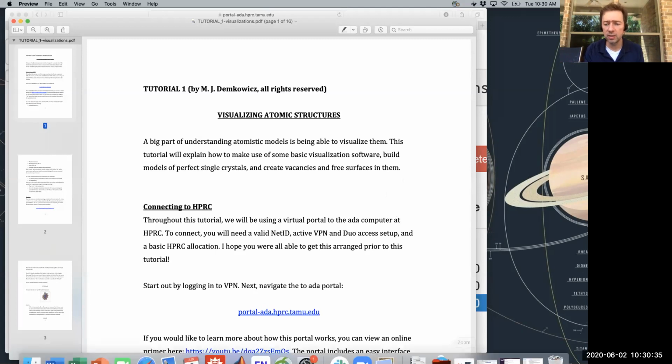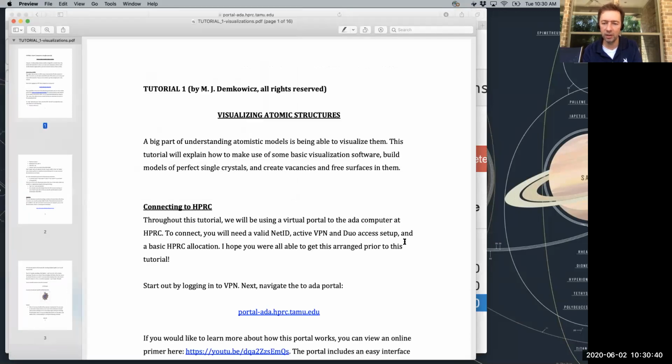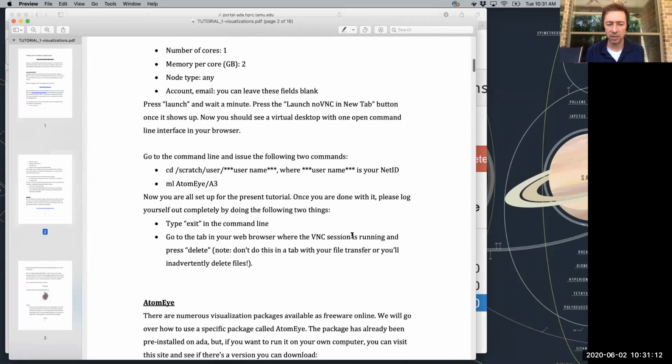This file, as I mentioned, is just a file that outlines all the stuff that I'm talking about in this tutorial, beginning with all the stuff that I told you about signing on to VNC. So whenever you want to run your own simulations, you can use the same portal to run your simulations, or you can use a direct login through an X terminal, whichever way you prefer. There's also a link here to a YouTube video that shows you how the portal works. So if you have any trouble, you can always do that. It talks about some of the stuff that we did.